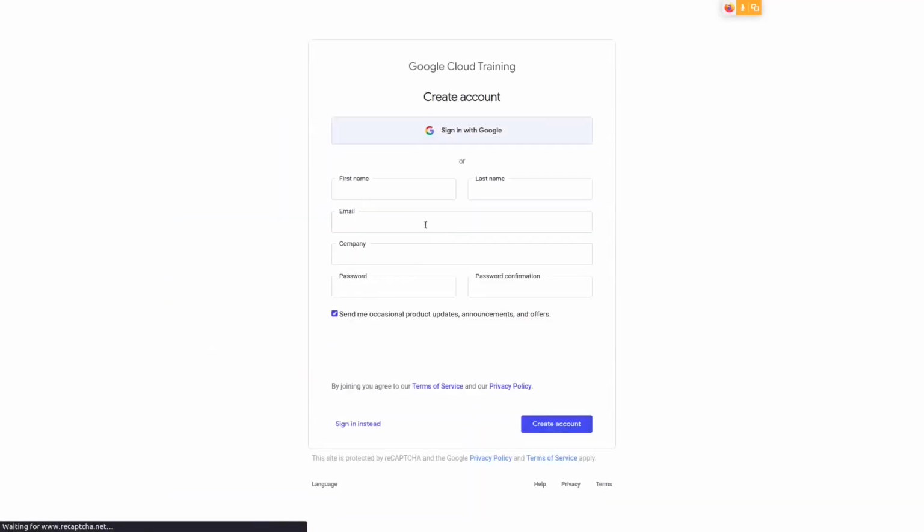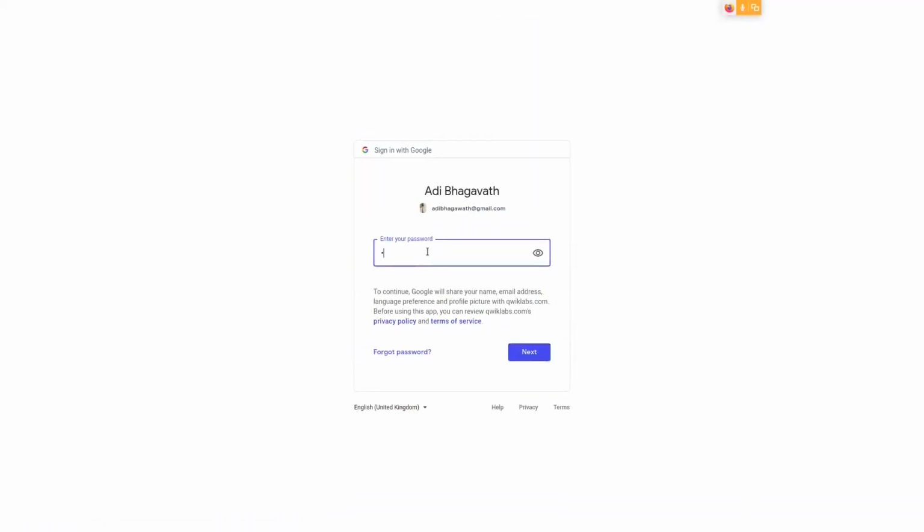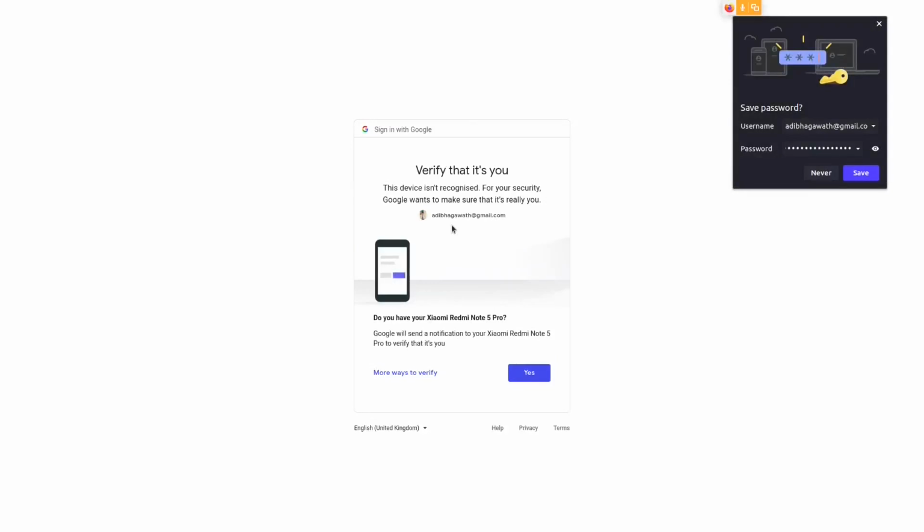So press join. Sign in with Google. You must use the same email ID that you provided in the Google Form, so that you can receive the credits to get access to the paid labs we'll be solving later.